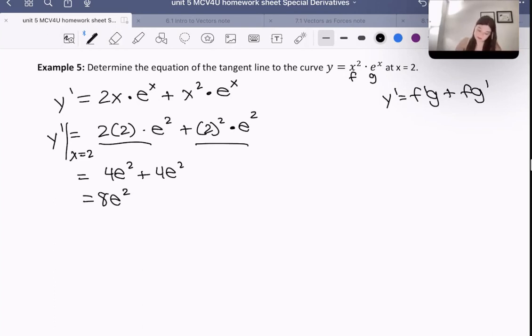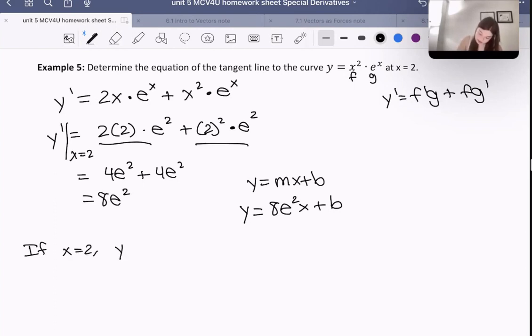So we know that for the equation of any line, we have y equals mx plus b, with m being the slope and b being the y-intercept. So we have y equals 8e squared x plus b. Okay? So that we know. Now we need to find a point on this line, in order to sub that point in to find b, the y-intercept here. So what we're going to do for that is say, well, we know that if x equals 2,